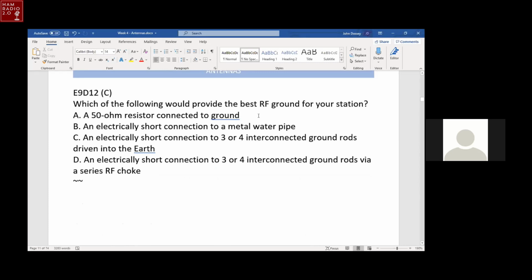Which of the following would provide the best RF ground for your station? We're looking for the best RF ground. Which of these choices sounds like the best RF ground? The best one is the electrically short connection to 3 or 4 interconnected ground rods, driven right straight into the